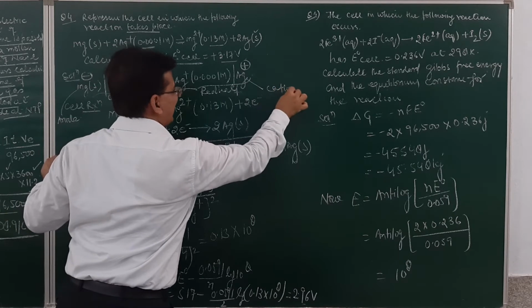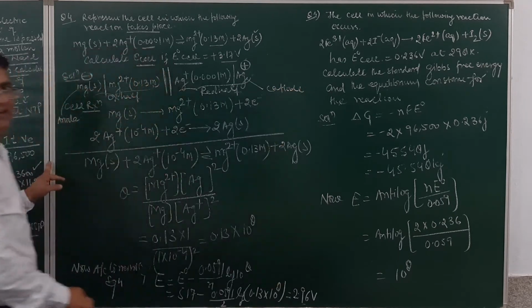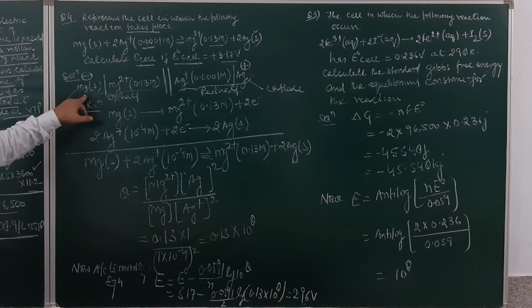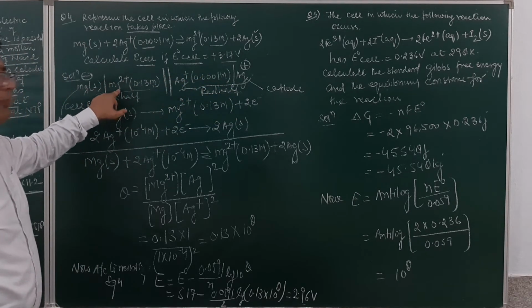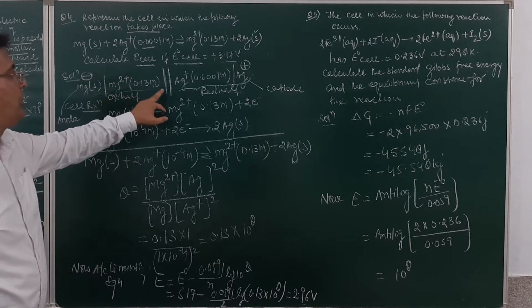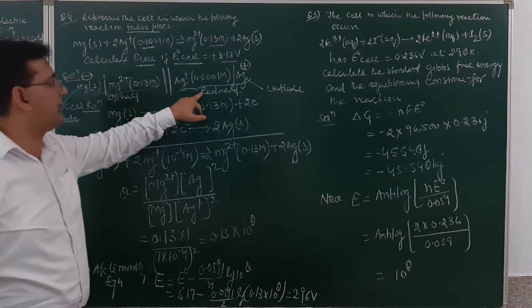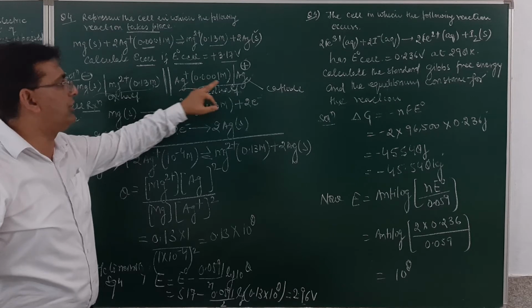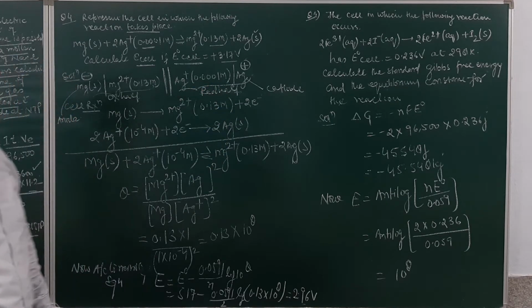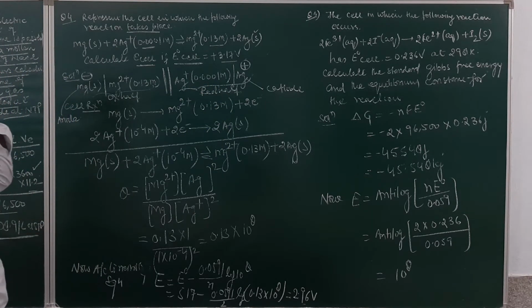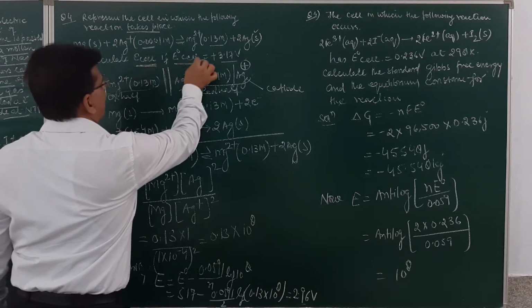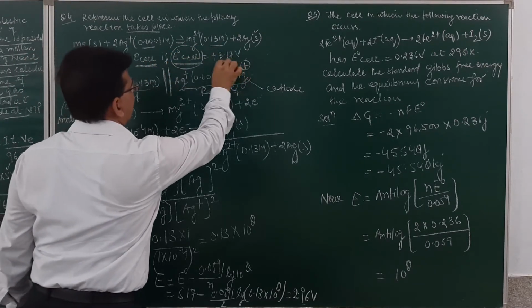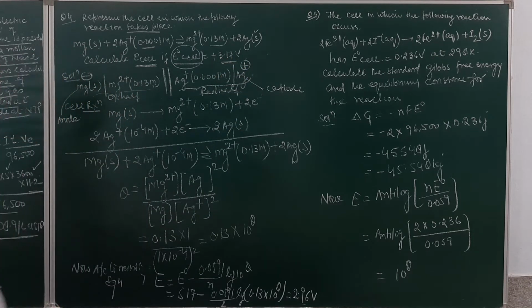I have already explained to you how to represent the cell. Anode will be negative, cathode will be positive. Anode loses the electron to form the magnesium ion in the aqueous solution. They are connected by the salt bridge with the reduction half, in which the silver ion will gain the electron to form the silver metal. Now what is the second part of the question? You have to find out E cell. The standard EMF of the cell is equal to 3.17 volt.